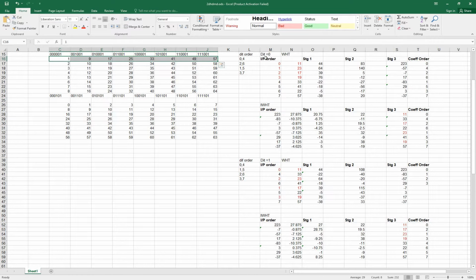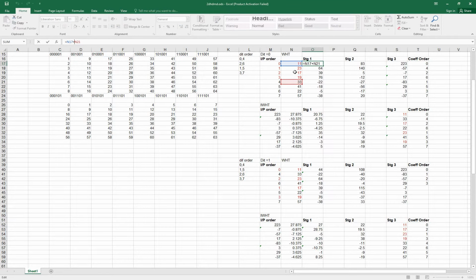If it is a Hadamard transform, that means the DIT parameter is 0, it will be reading the inputs as 0 and 4. It means 1 and 33 is the first set of inputs. Next, 9 and 41 is the second set of inputs. Third, 17 and 49 is the third set, and 25 and 57 is the fourth set of inputs. Similarly we have to do the 1D Hadamard transform for all 8 rows.